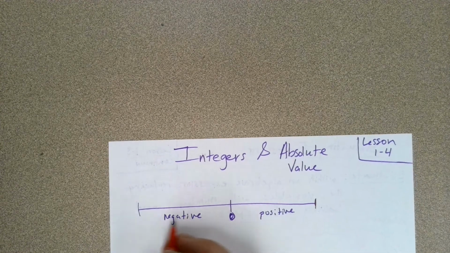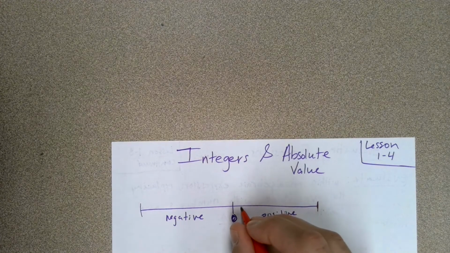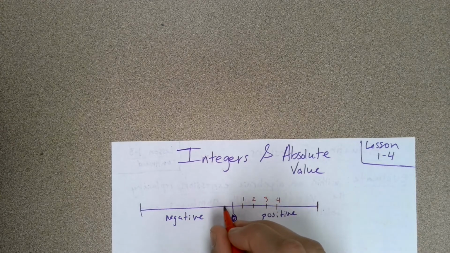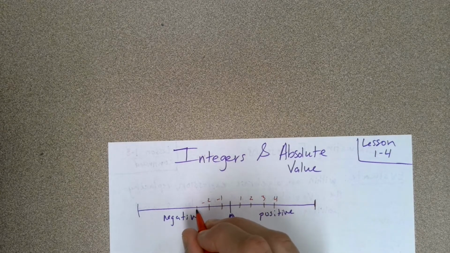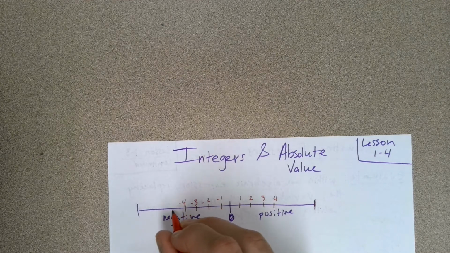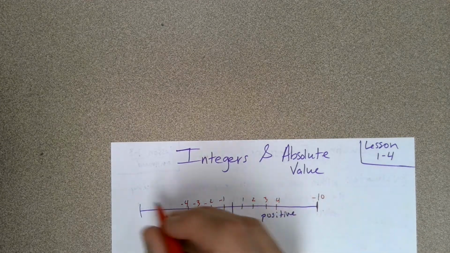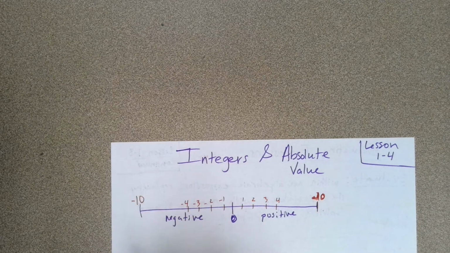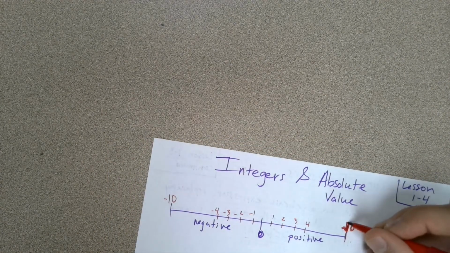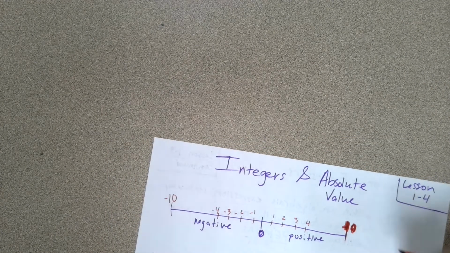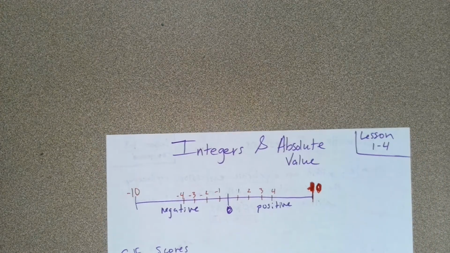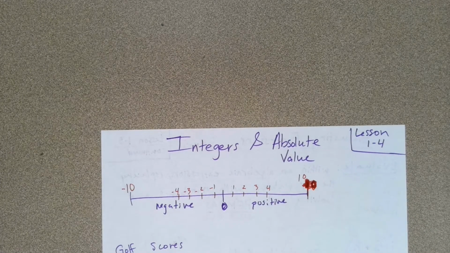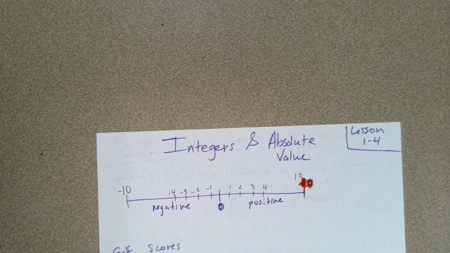with 0 in the middle, all of our negatives down here, all of our positives up here. So if I were to start jotting them down, I'd go 1, 2, 3, 4, so on and so on. Down here, negative 1, negative 2, negative 3, negative 4. I'm just going to put positive 10 right there, and negative 10 right here. The reason I'm drawing this up here, I know you know this, is to show you a